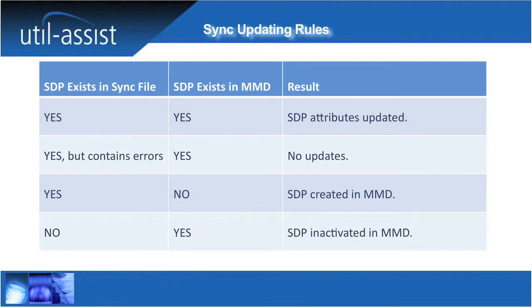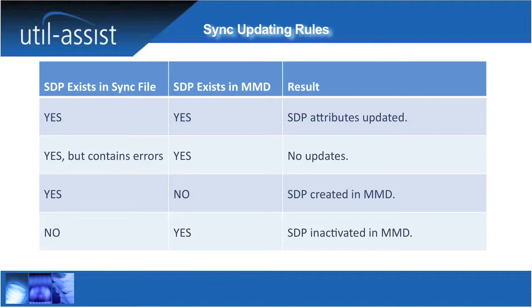The MDMR refreshes the existing SDP attributes in the MMD with the attributes and the relationships in the sync file. If an SDP exists in both the sync file and the MDMR, but the sync file contains an error, no updates are made to this SDP. If the SDP exists in the sync file, but not the MMD, the MDMR creates the SDP. A minimum set of SDP attributes must be included, and the USDP for that SDP must belong to the LDC